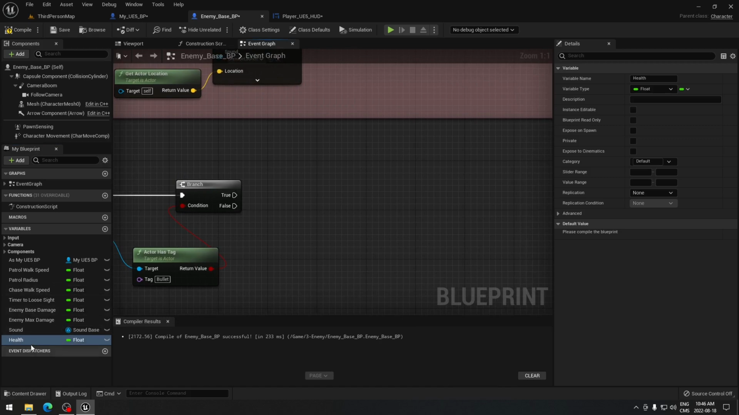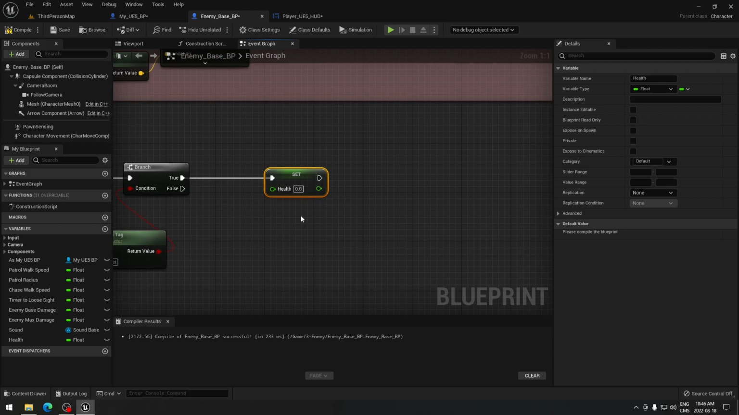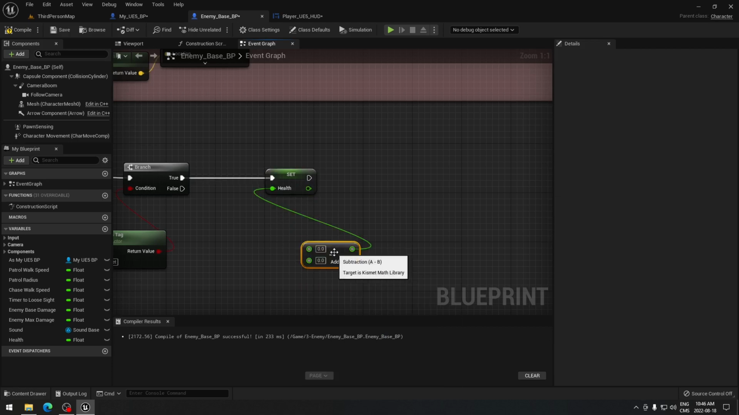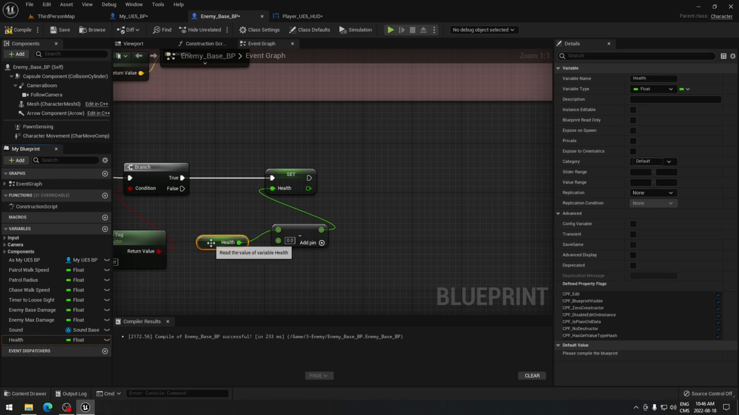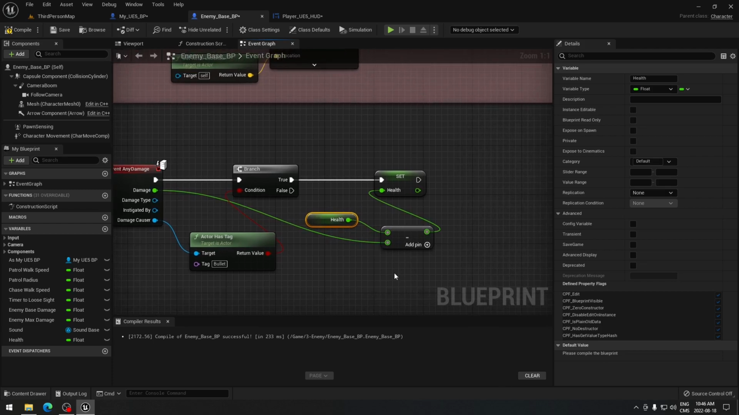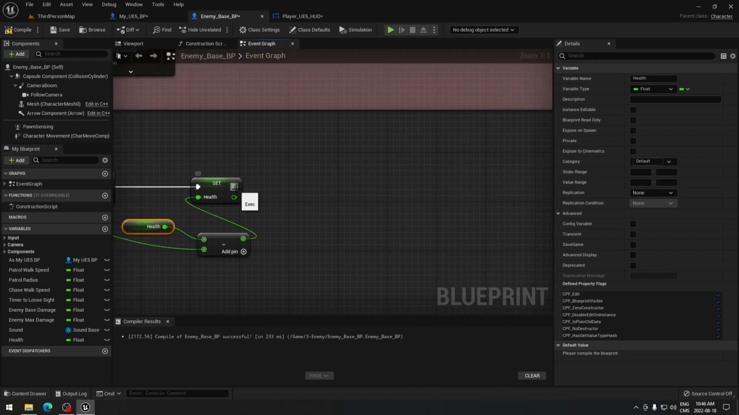So from true here, we're gonna set our alt, and from here we're gonna drag and search for subtraction, and we're gonna take our alt once again. So we're gonna subtract our alt from the damage that we received. So we're gonna plug it right here, and from here